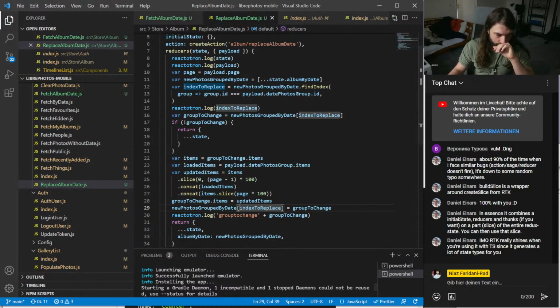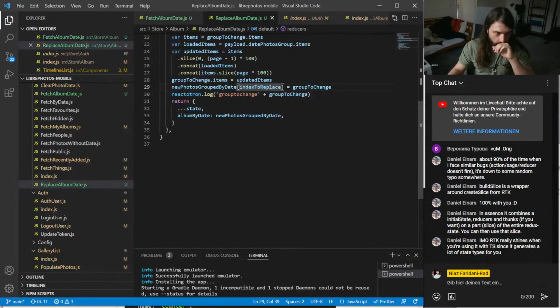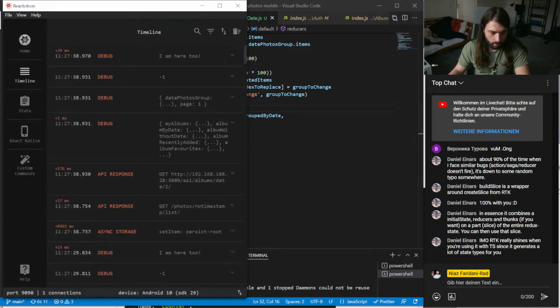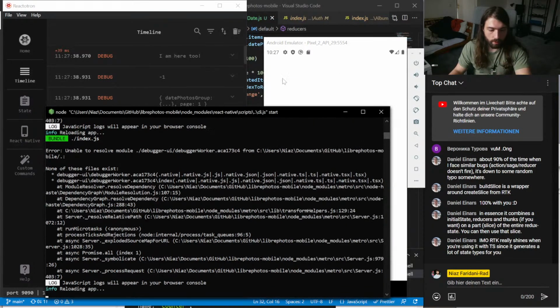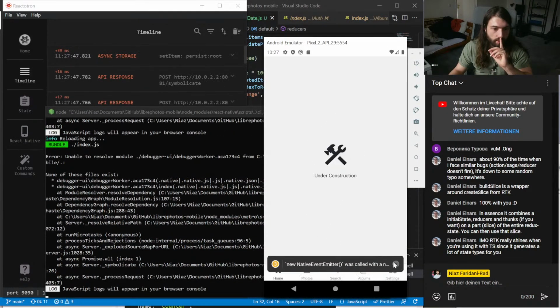Let's see. I think comma is fine. That was just an ESLint error. Okay, let's do this again. So he complains about that, reload, otherwise he will skip that.